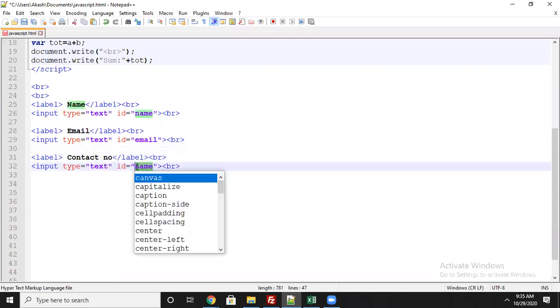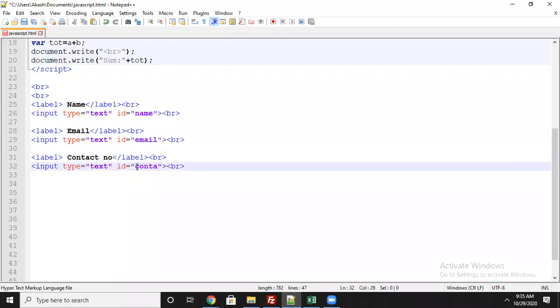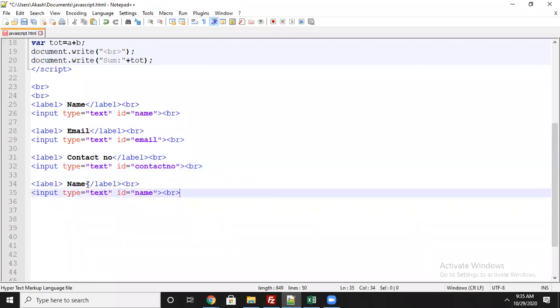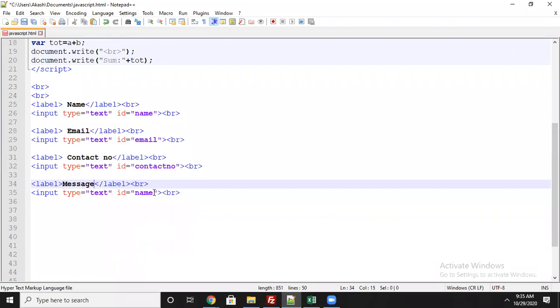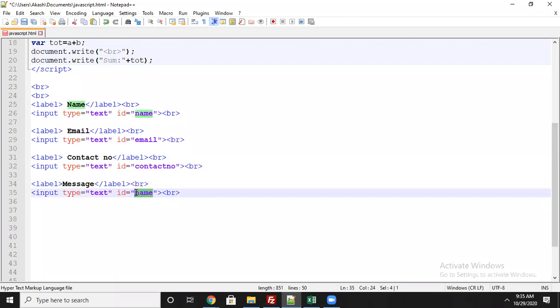The fourth thing I will take as message, and I will take the id as message. So totally four parameters I took for the validation: name, email, contact number, and message.